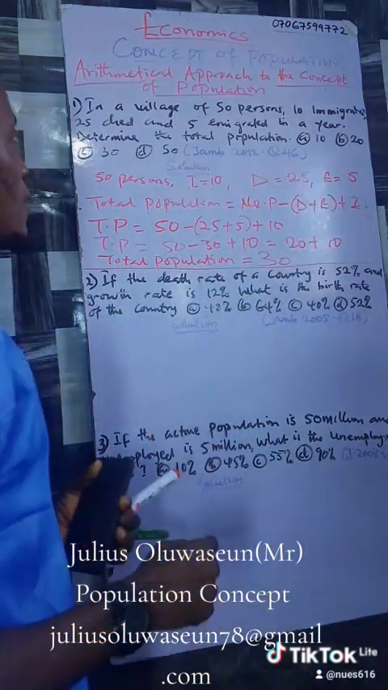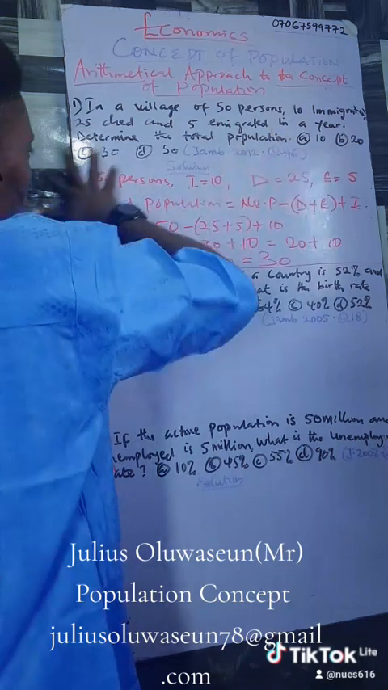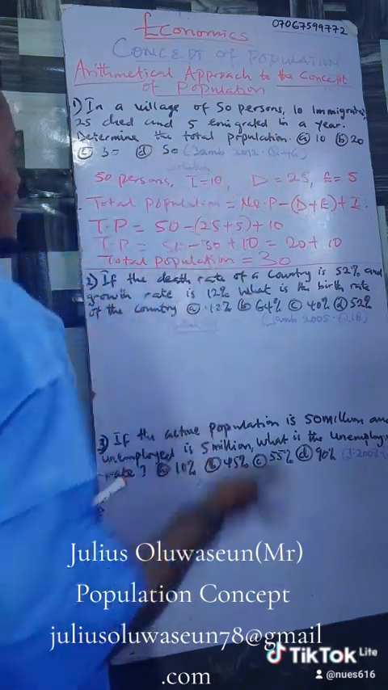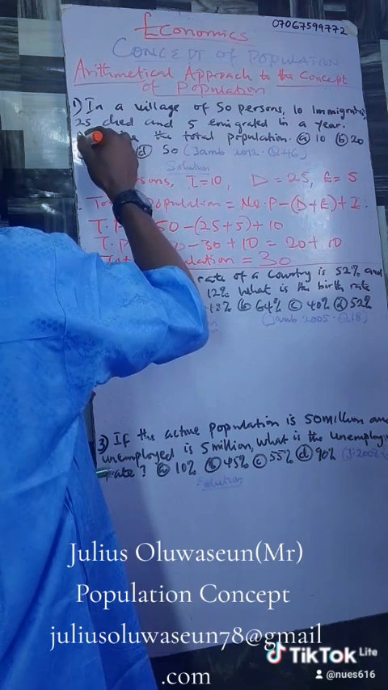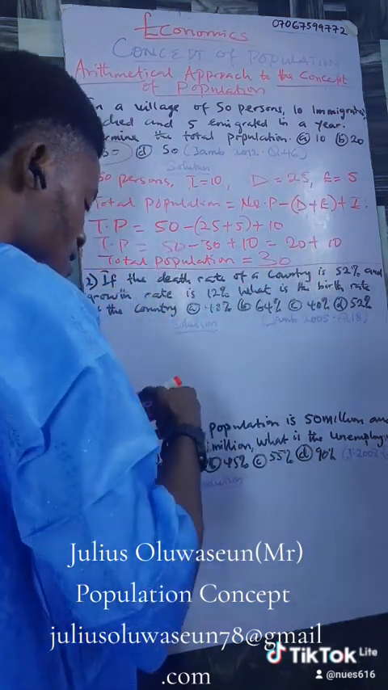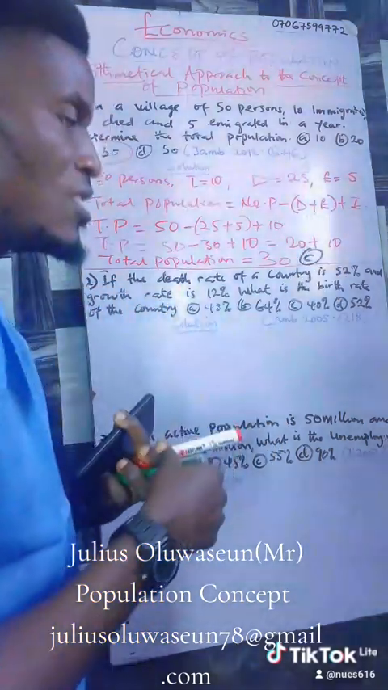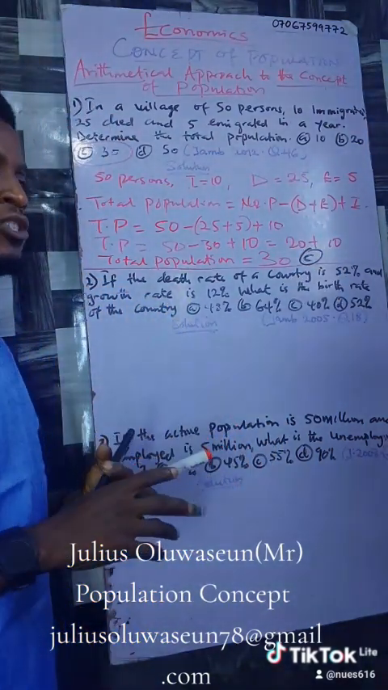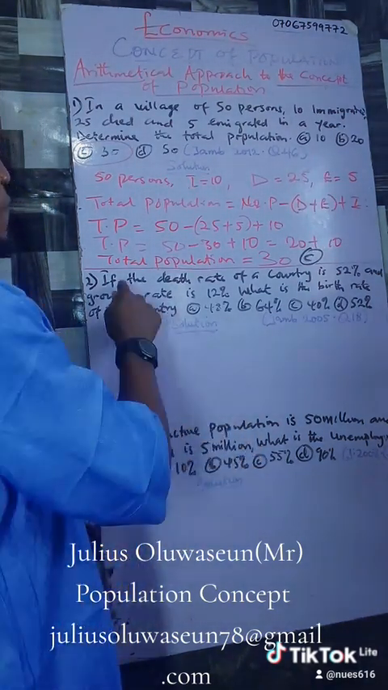Do you understand it? Now let's check. We have A to be 10, B 20, C 30, and D is 50. So that tells us that C is the concise answer. Option C is the correct option. Do you get it right? Now we move to question number 2. Question number 2, if death rates